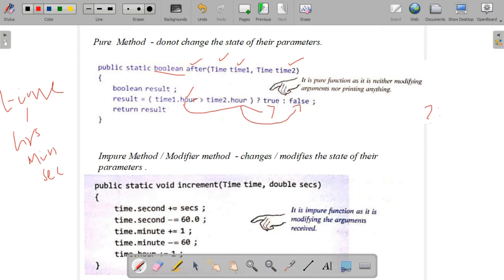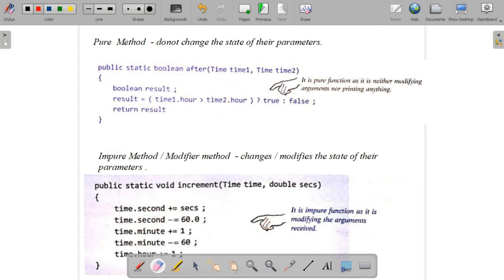So time1.hour greater than time2.hour. If it is greater, it has to return true. If the condition is false, it has to return false. And this is a boolean return type. That's why the value has to be written as true or false. That's why we have given here return result. Result is a boolean variable.